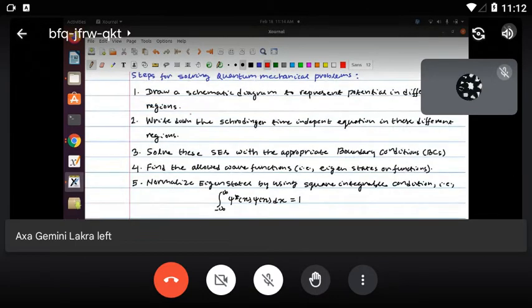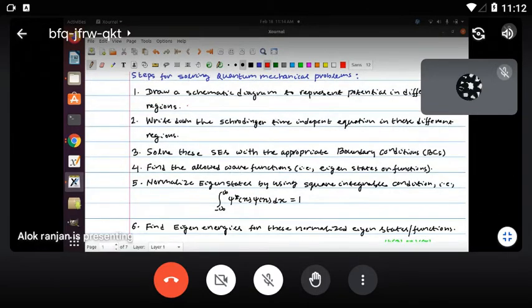So the first important thing is, since the potential is a function of position, we need to figure out the potential in different regions. Once we figure out the potential, it will be easier to write down the Schrodinger equation in these different regions, and then we have to solve it. When I talk about different regions, once you figure out the potential and the interface, the wave function must be continuous. Therefore, we should solve this Schrodinger equation in different regions with appropriate boundary conditions. That means the wave function must be continuous, and the first derivative must be continuous.